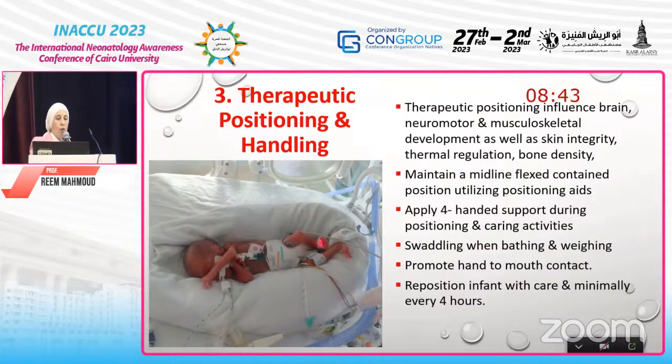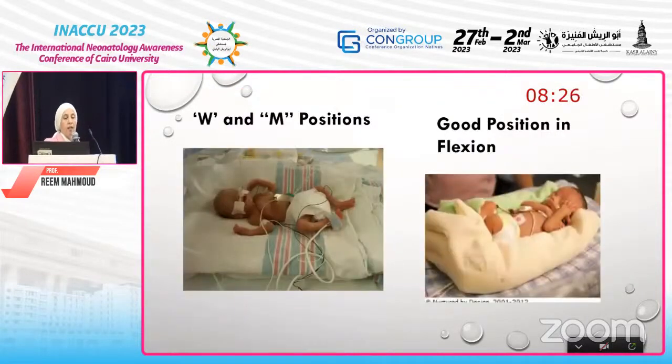Swaddling when bathing and weighing, we will show now how we can swaddle the baby and promote hand to mouth. The hand should be midline close to the mouth for self-soothing, and reposition the baby with care every 4 hours and avoid sudden movements. So by gravity, the baby is always thrown in this bad position, the W position, in which